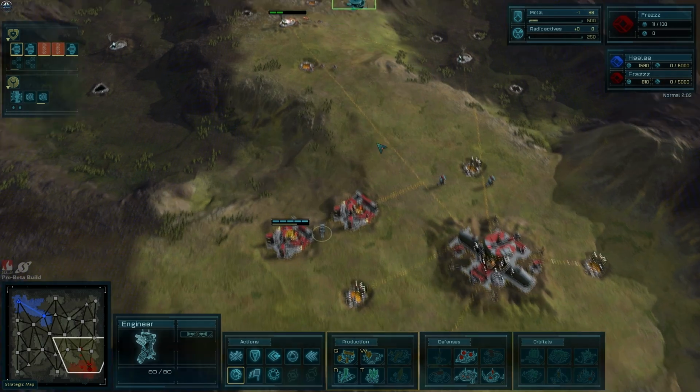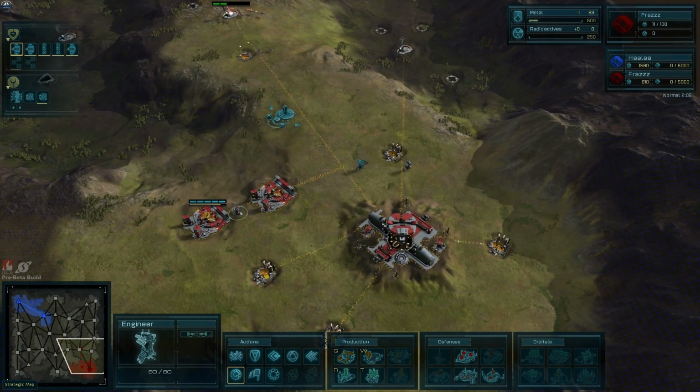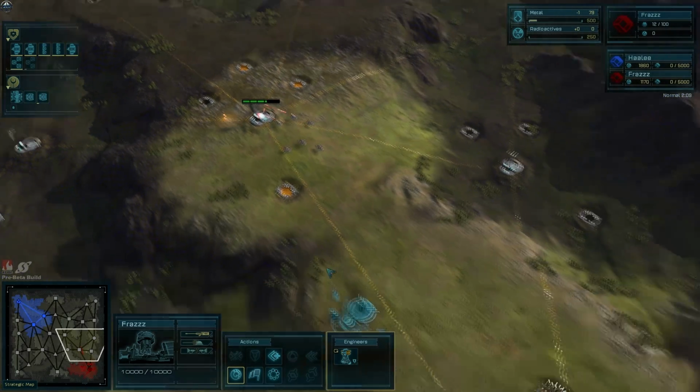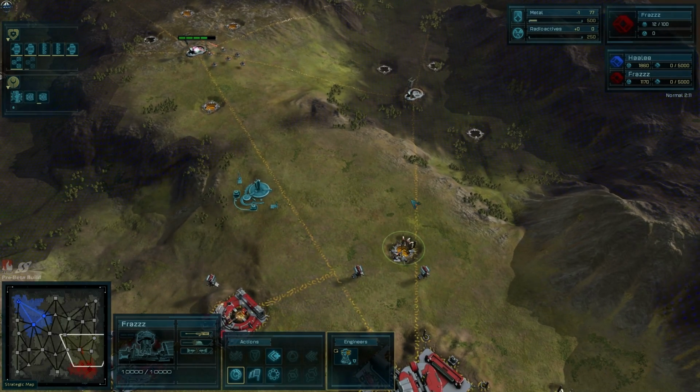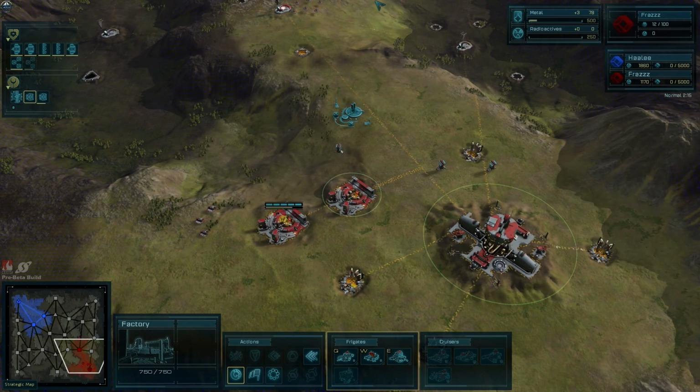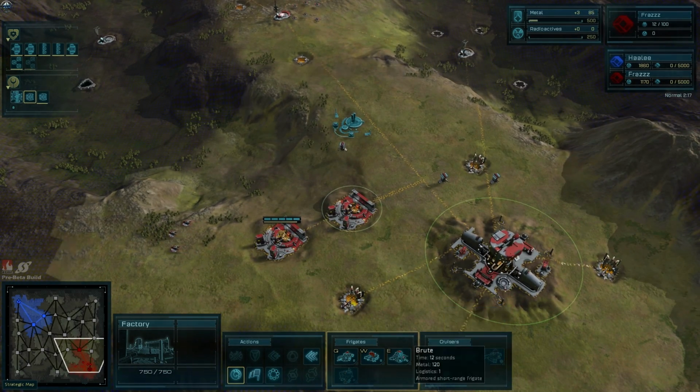Now, I want to build a repair bay right here. You'll soon see why. And look at the explosions. The actual explosions and everything are pretty darn fantastic. Now, the way I mean by the hierarchy of the game is basically we can create units,